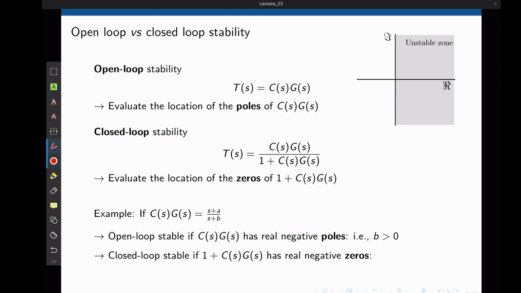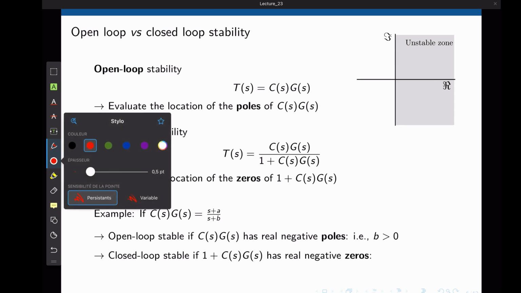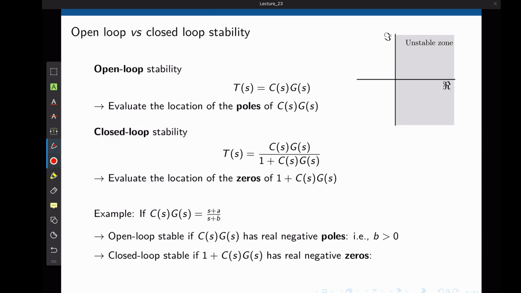We all know how to define stability of a system. We are looking at the transfer function, and you expect all poles of that transfer function to lie in the stable zone, that is, the left side of the S-plane. Let's assume that our transfer function is T(s), which is composed of a controller function C(s) and a plant function G(s). The system is said to be open-loop stable if all poles of T(s) are located on the left